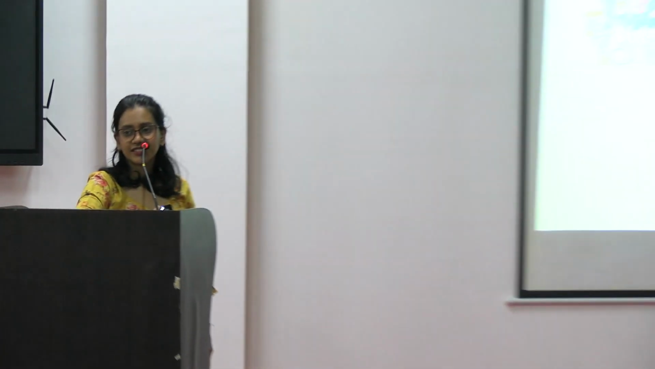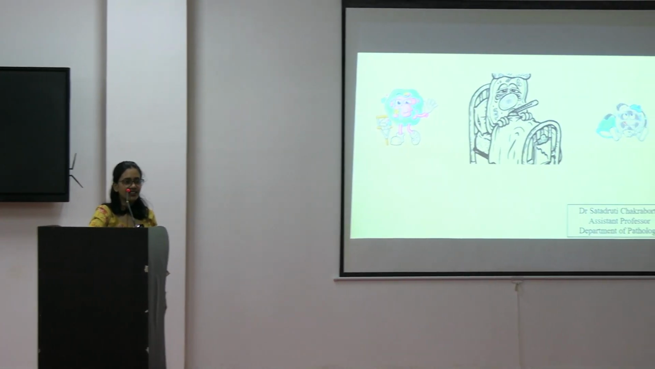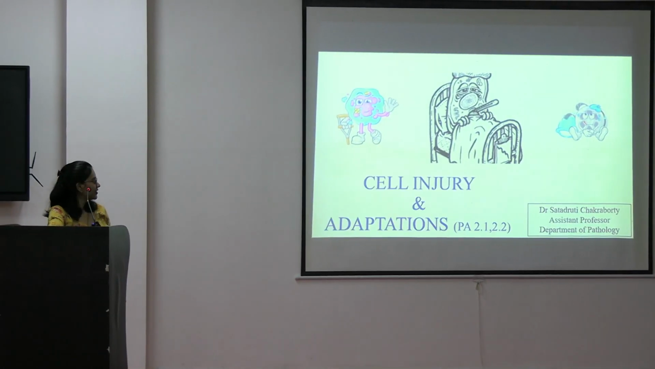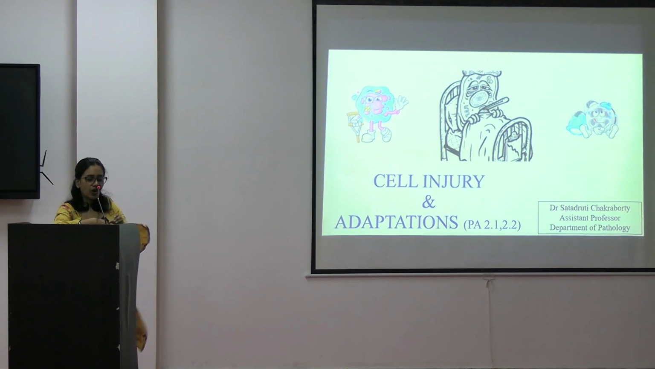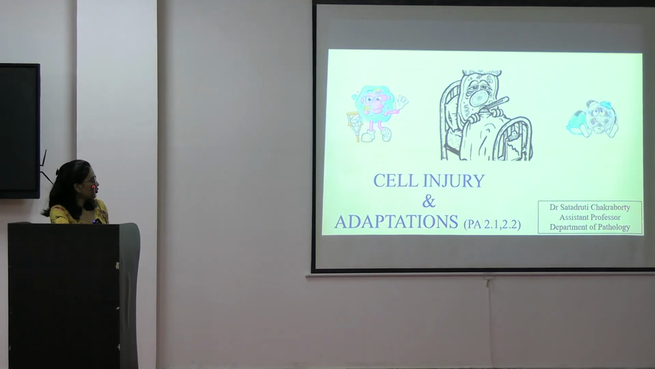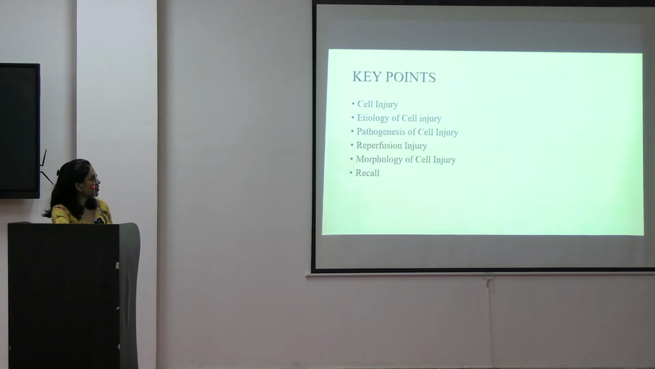So from this image, can anybody guess what is the class on today? Cell injury. Okay. So the competencies we'll cover today are 2.1 and 2.2. So majorly the key points are going to be cell injury, a little bit about it. Then etiology of cell injury, pathogenesis, reperfusion injury and morphology of cell injury, majorly morphology of irreversible cell injury and